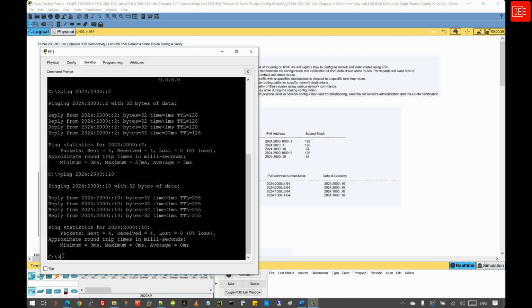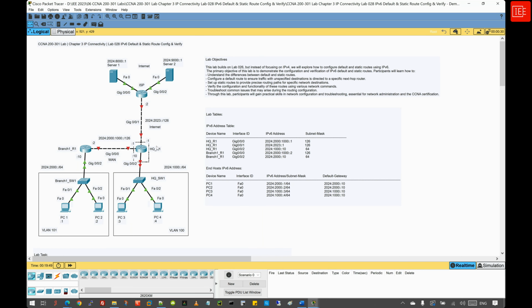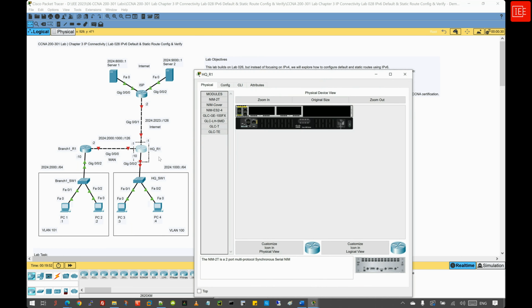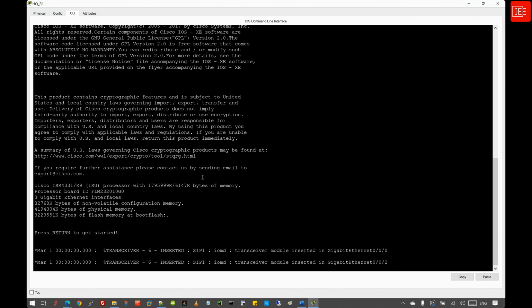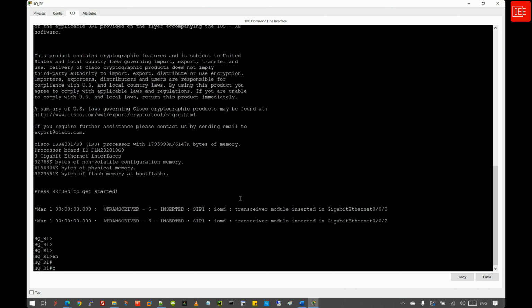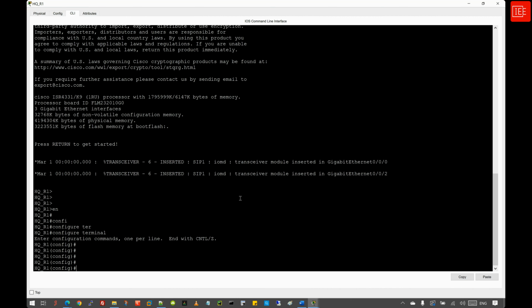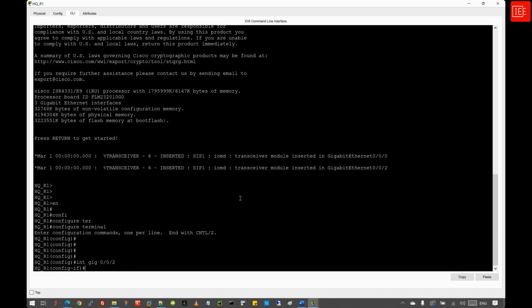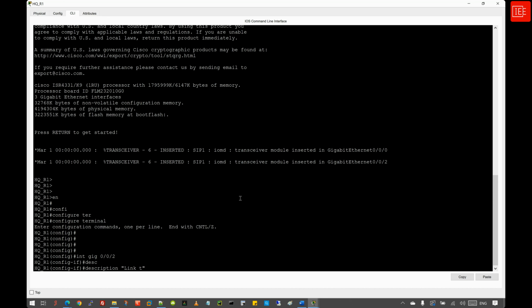Okay, so now let's jump into headquarter router 1 to perform some basic configuration, since this is the next task. So I'm going to go back to my topology and I will click on the headquarter router 1. And then I'll go to the CLI. And then I will start configuring the interface GigabitEthernet 0/0/2, which is connected to headquarter switch 1. So I would say interface GigabitEthernet 0/0/2. Let's set the description. I'm going to say link to